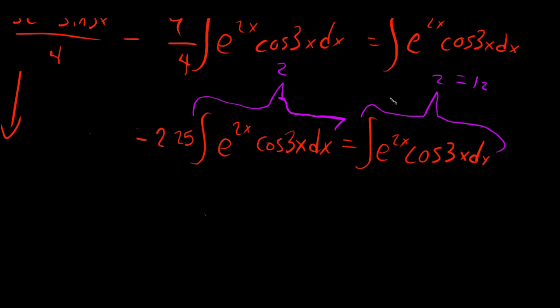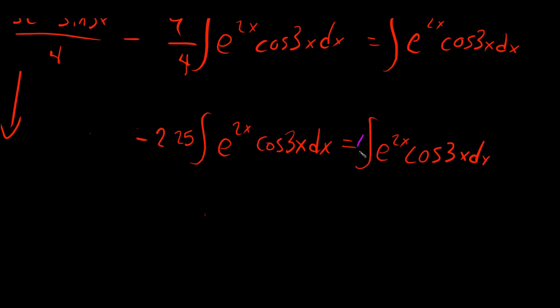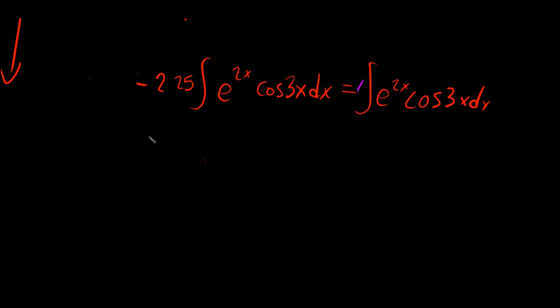And then you just do basic algebra and move it over. So you just add the coefficients here. So this is equal to, what's this, 3.25? Yeah, obviously negative 2.25 is going to be added. So 3.25 e to the 2x cosine 3x dx